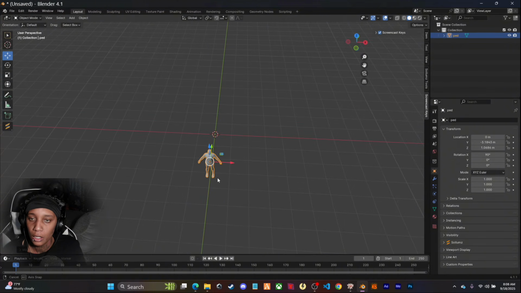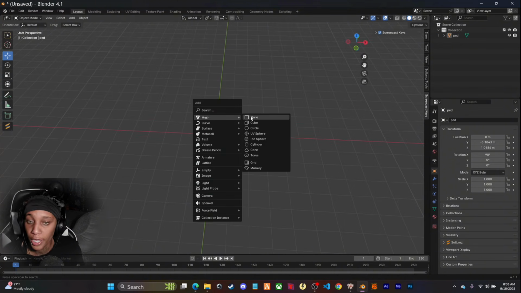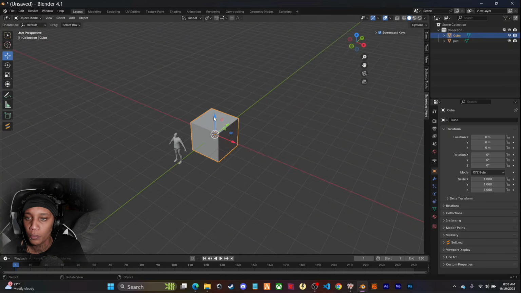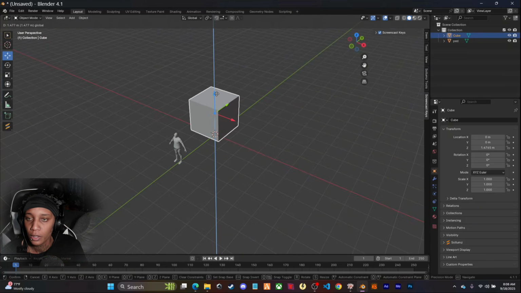Okay. So we got this dude. So now I'm going to shift A, bring in a cube. Let's see if we can